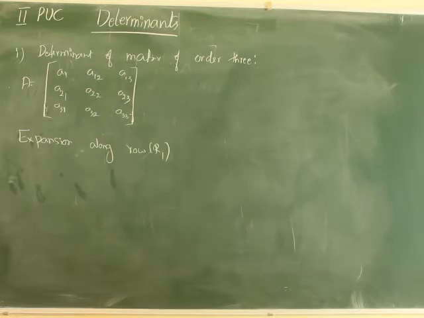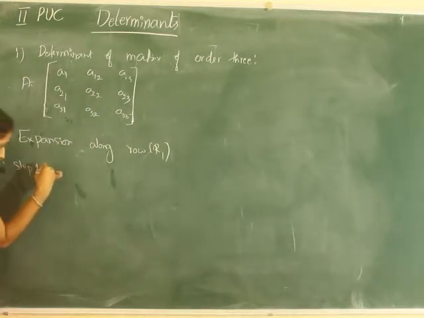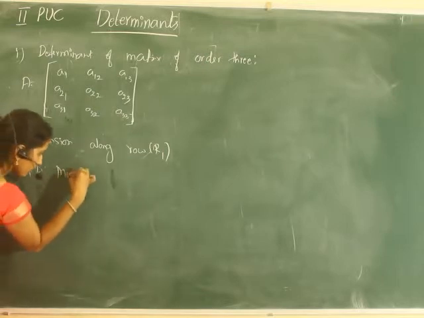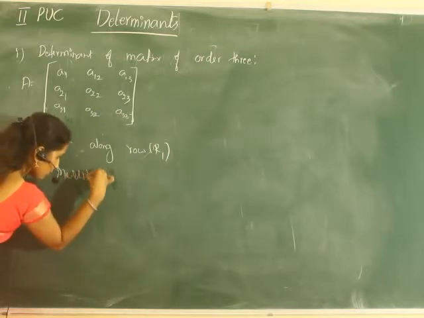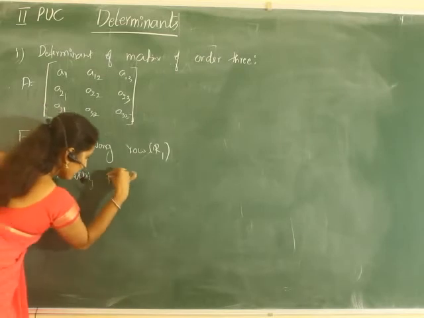This is R1 or R2 or R3, C1, C2 or C3. So to expand, step 1 is to multiply the first element,